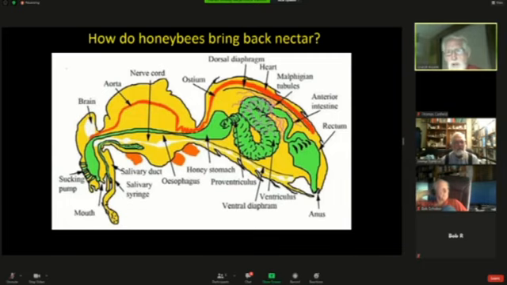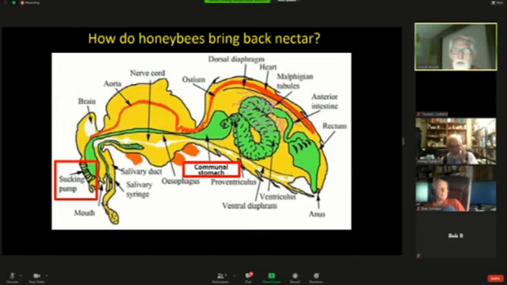So how do the honeybees bring back the nectar? Well, here you see a lateral view, the gastrointestinal tract laid out in green. And you see the label on the far left there of this sucking pump. And then you see what's labeled as the honey stomach, the first stomach. Its proper name really is the communal stomach. I think that's the more professional term. And then the rest of the GI tract that's used for the bee's own needs. So the nectar is transported in that communal stomach and then regurgitated back upon arrival in the hive into the